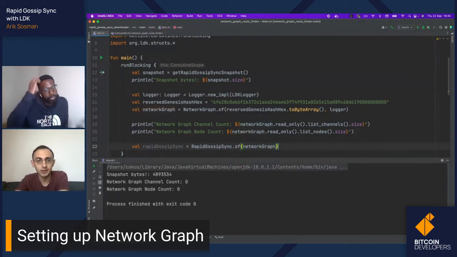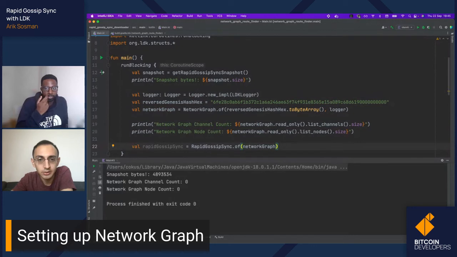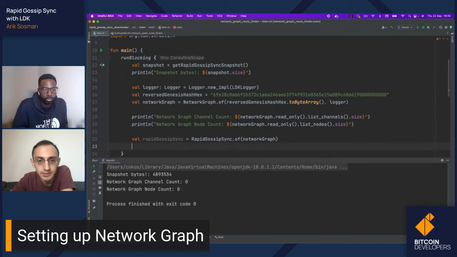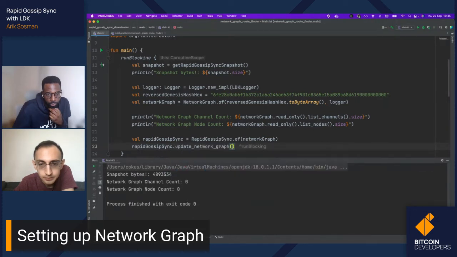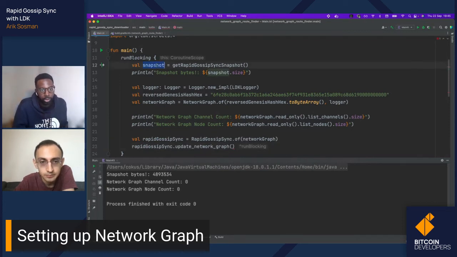And then all we need to do is call rapid sync, period, and update network graph. We want to pass in the byte array, which is the snapshot. Which is here.